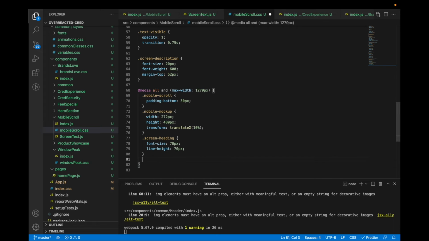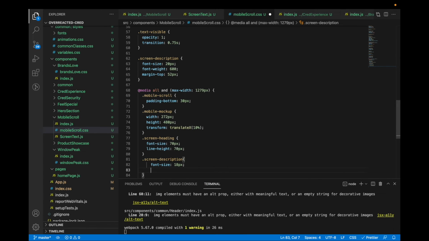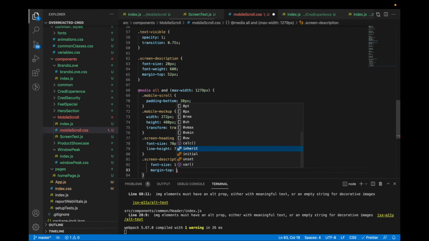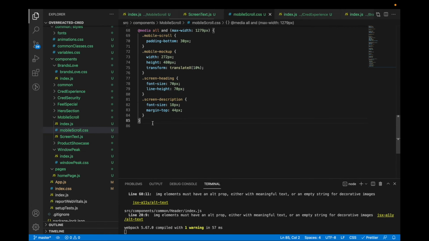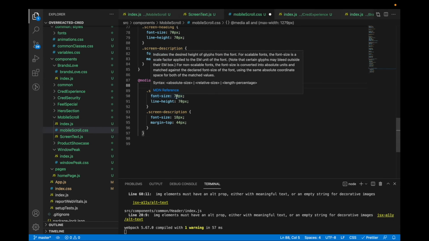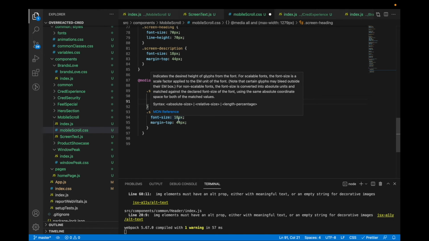And for the description, the font size should be 18 pixel, and the margin top that we just gave 52 pixel, let's make it 44 pixel. And for mobile, I'll just copy this thing. For mobile, I don't want to change these two, just the heading. For this, I want it to be 50 pixel, 50, and for description, I want it to be, I guess,